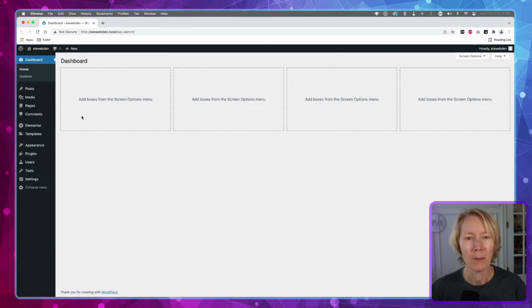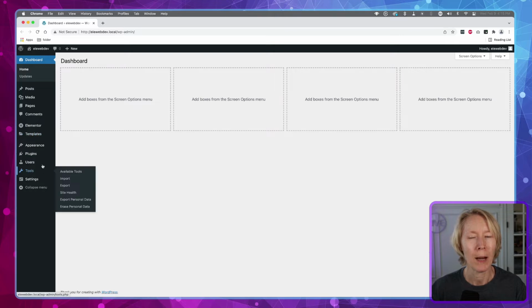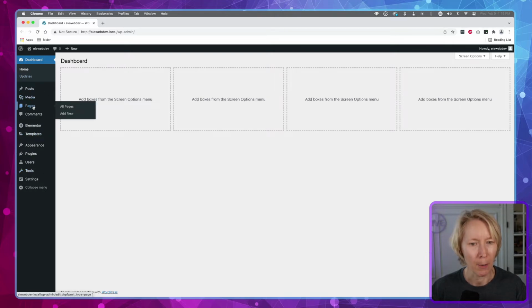So here I am back in the dashboard of WordPress, and I've got only one tab open and running right now, which is the dashboard. And by using these colored tabs, we can organize and separate our pages and our media library, our posts, our templates, whatever it is you want to colorize and separate. Chrome's colored tabs have got you covered. So let me give you a demonstration of how to use these colored tabs.